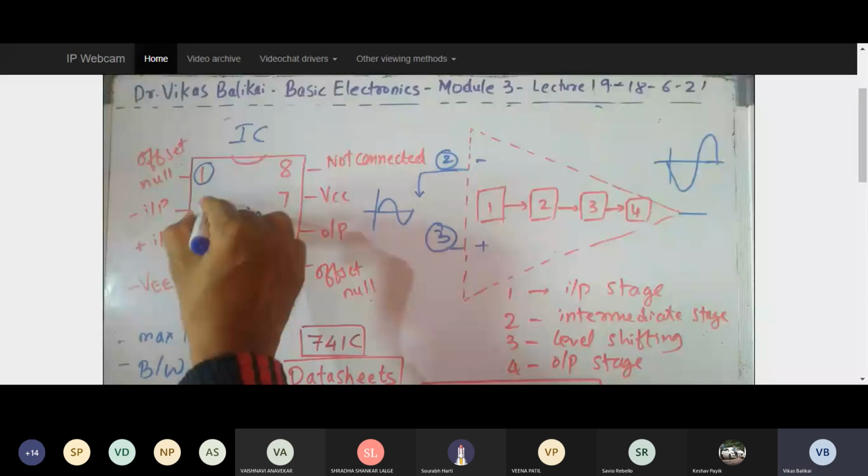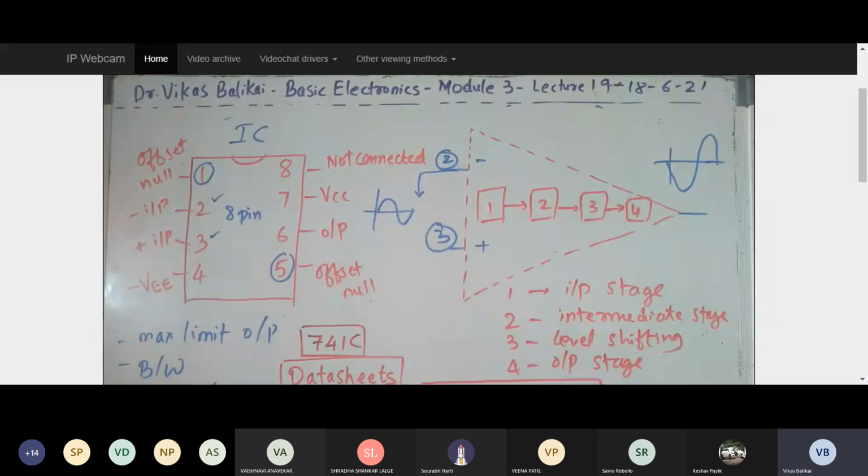Pin number 4 and pin number 7, which I marked over here, are where you have two power supplies, plus VCC and minus VEE. So you have to keep in mind that it works on two power supplies. Why it works on two power supplies, I will make clear when I show you the internal structure of this operational amplifier. In the internal structure, it will be pretty clear why we go with two power supplies. Pin number 6 is where I take the output. And pin number 8 has been left as no connection. It will be an empty pin.